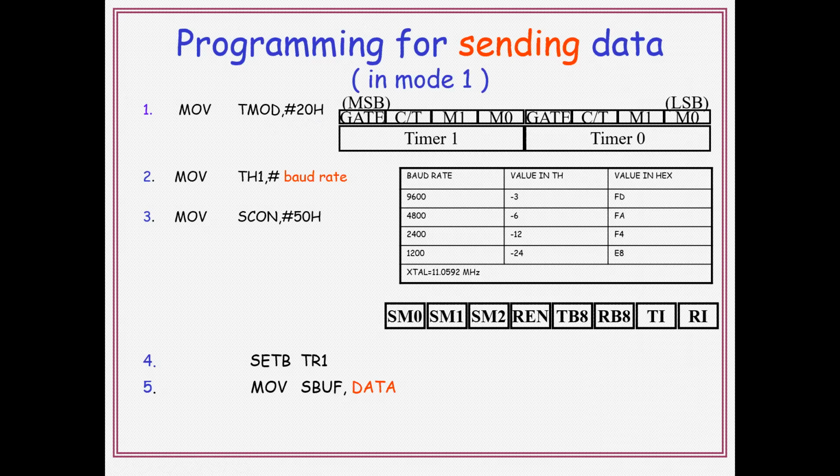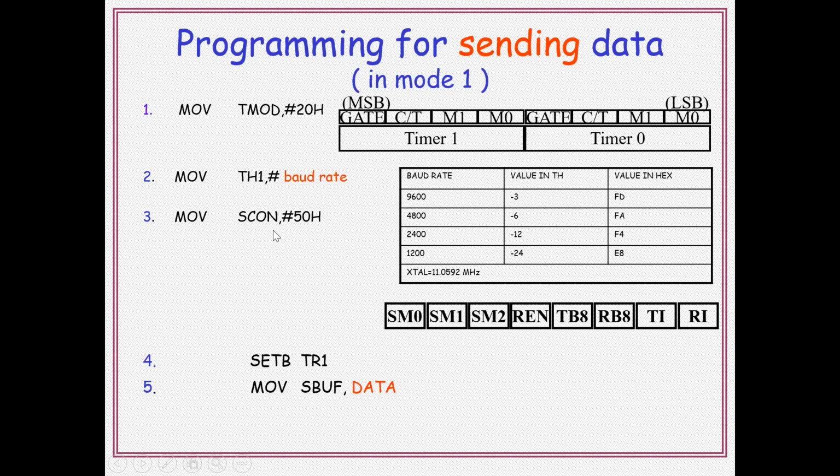Next, whatever baud rate we require is loaded into TH1. Assume a 9600 baud rate is required, then minus 3 is loaded into TH1. If the baud rate is 4800, then minus 6 is loaded. You can write the value as minus 3, or write the hexadecimal value directly.